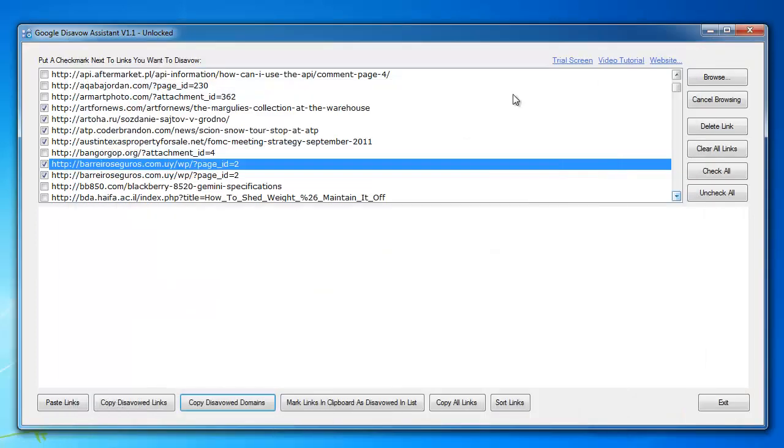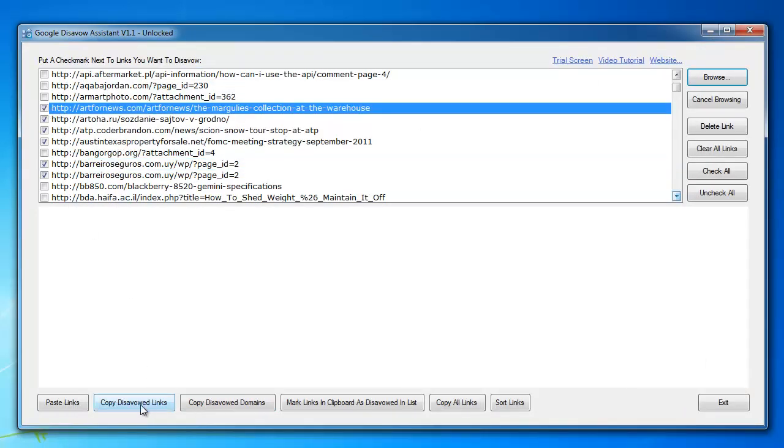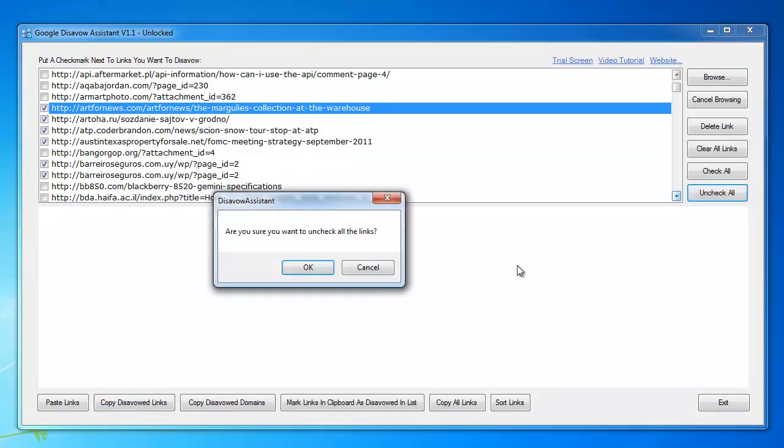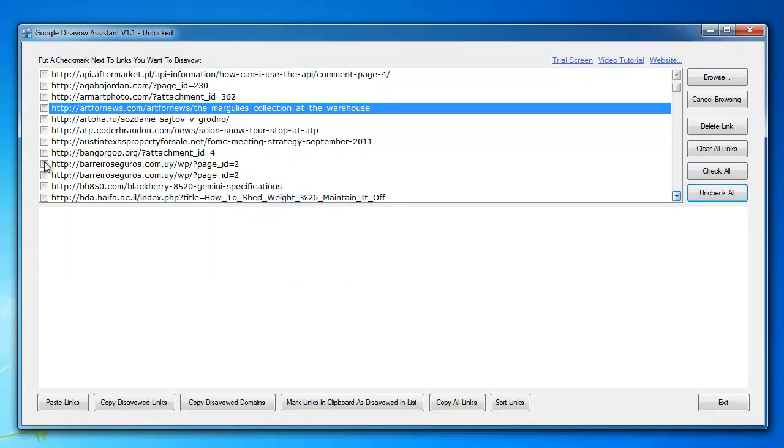Okay, another option of the software. Suppose I copy into the clipboard all the disavowed links. Now I'm going to uncheck all the links. Okay, see, it unchecked it. Now I click here, mark links in clipboard as disavowed link. When I do that, all the links in the clipboard will be marked as disavowed. Why is it good? If you have a reason to copy all the disavowed links,